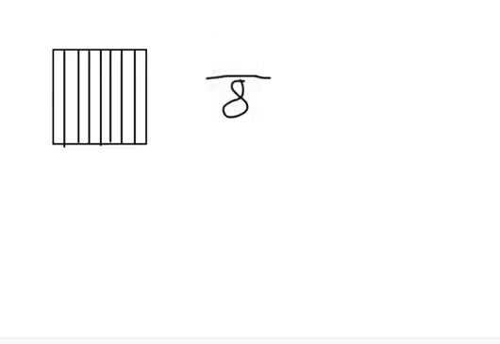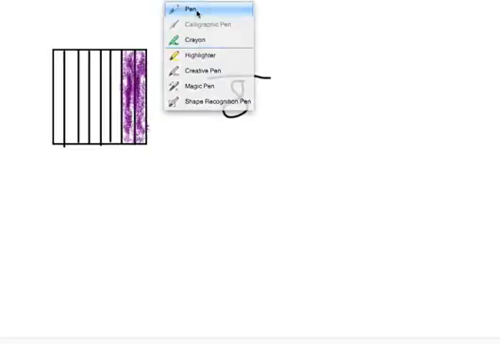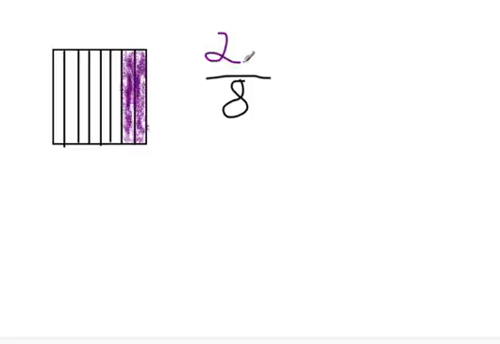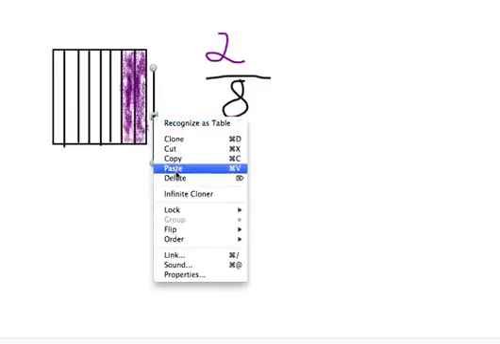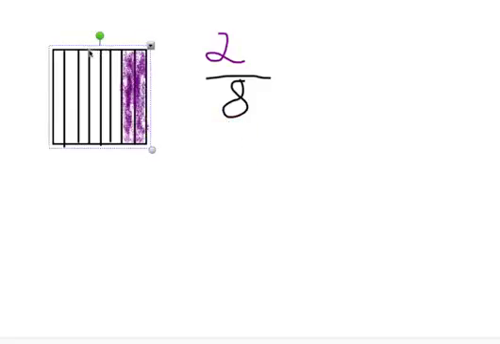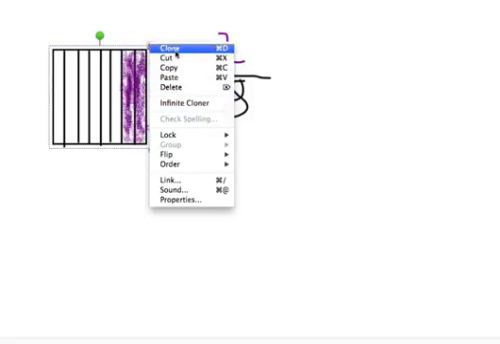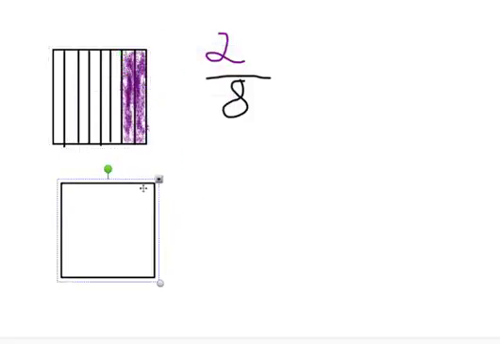If I shade this and I take and color these 2 strips, how many out of 8 of these strips are colored? If you answered 2, you would be correct. 2/8. Now if I take this shape and I create another one,